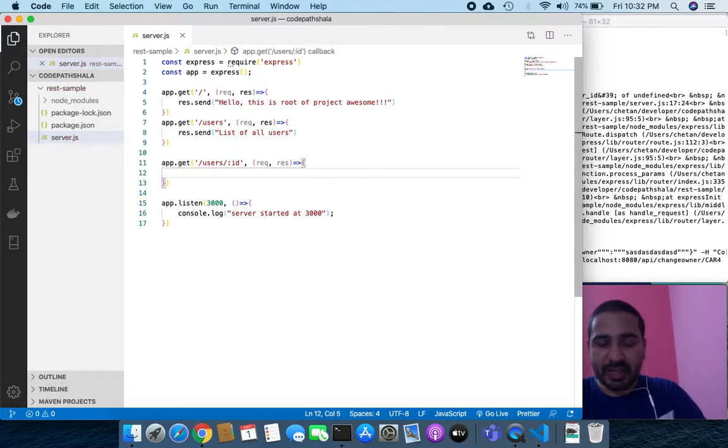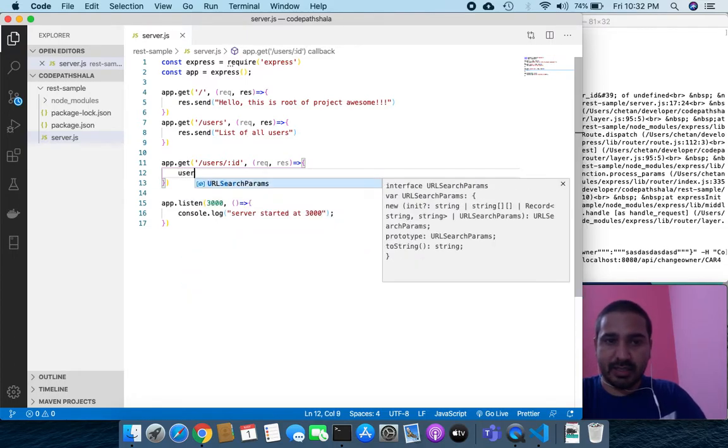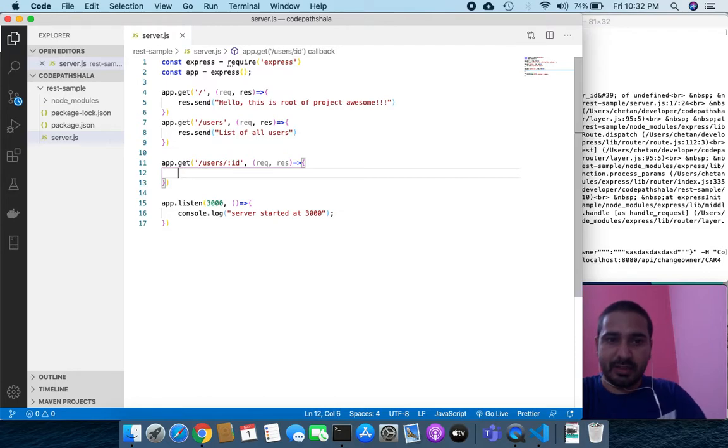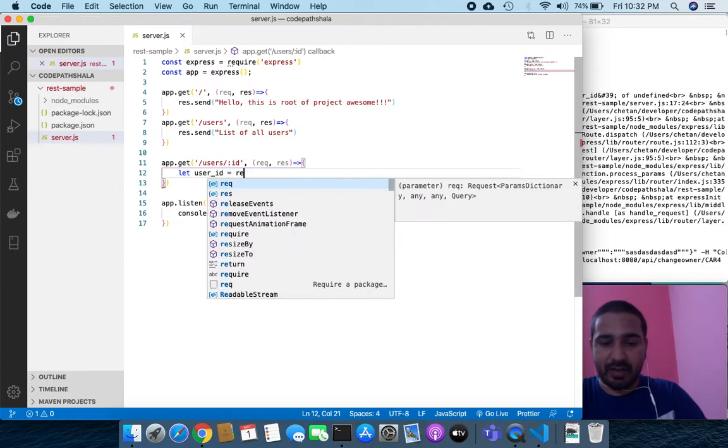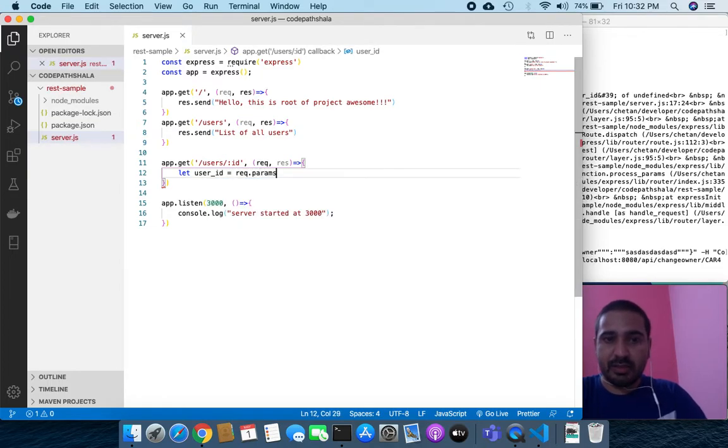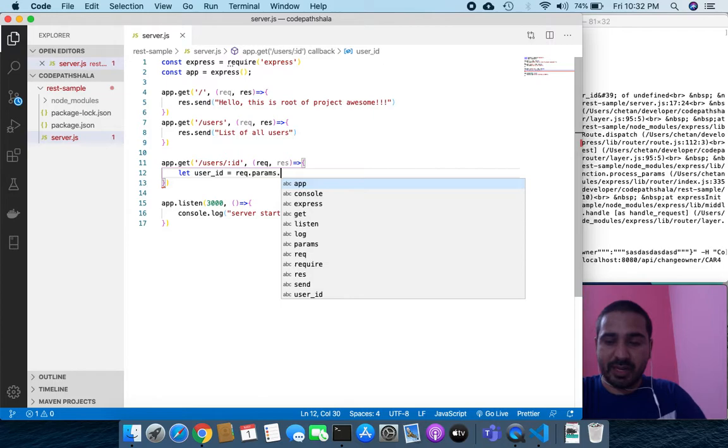So how to get this ID? This ID is coming in the URL, so it is a part of params. So let's say we are taking a variable here, the user ID, and we are going to get it from the URL. So params, and this is ID.